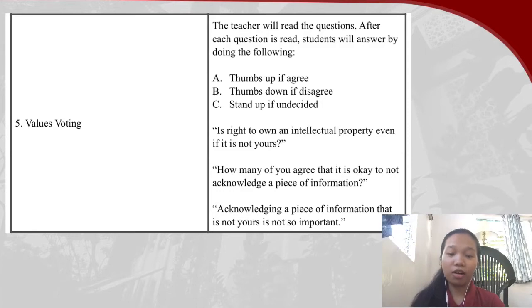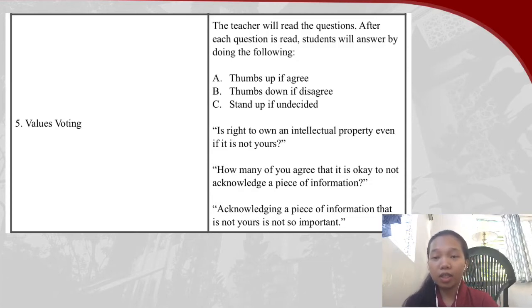So the questions are: first, is it right to own an intellectual property even if it is not yours? Second, how many of you agree that it is okay to not acknowledge a piece of information? And third, acknowledging a piece of information that is not yours is not so important. I came up with this activity because